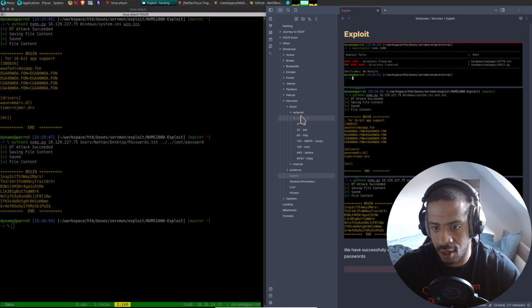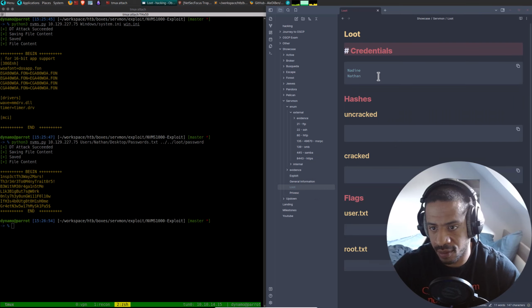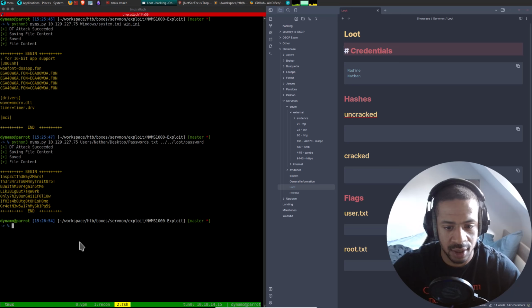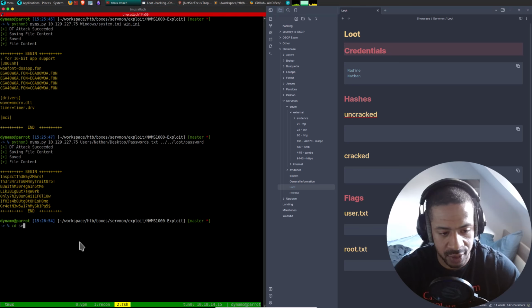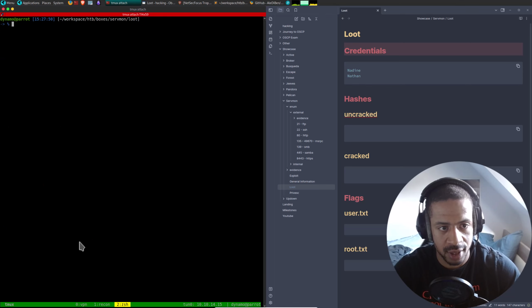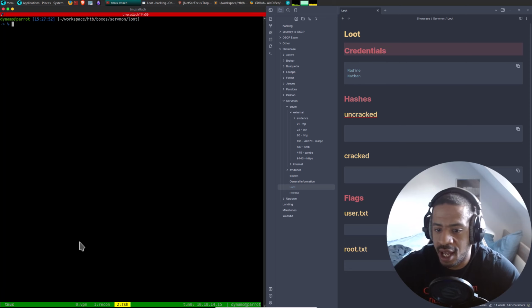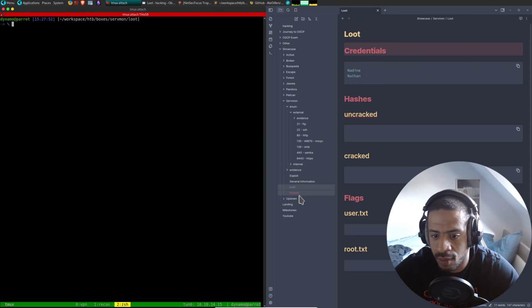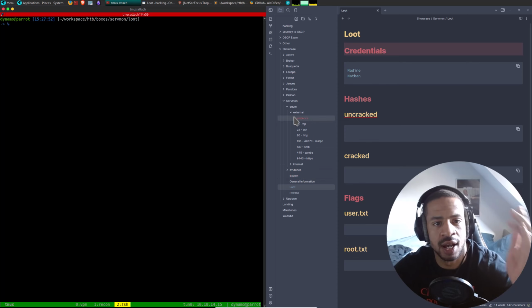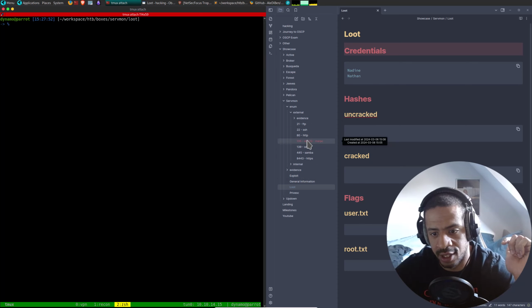So we now have passwords inside of surfmon loot like this. And so now we can try and confirm whether these credentials are valid.